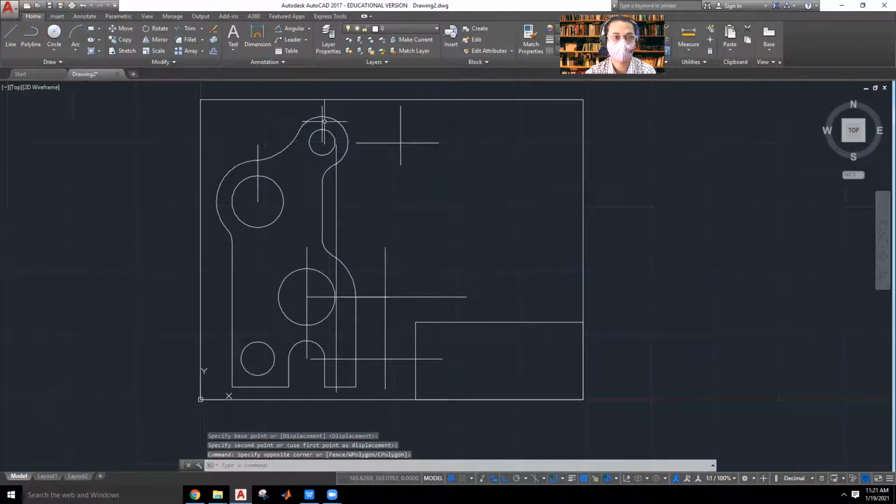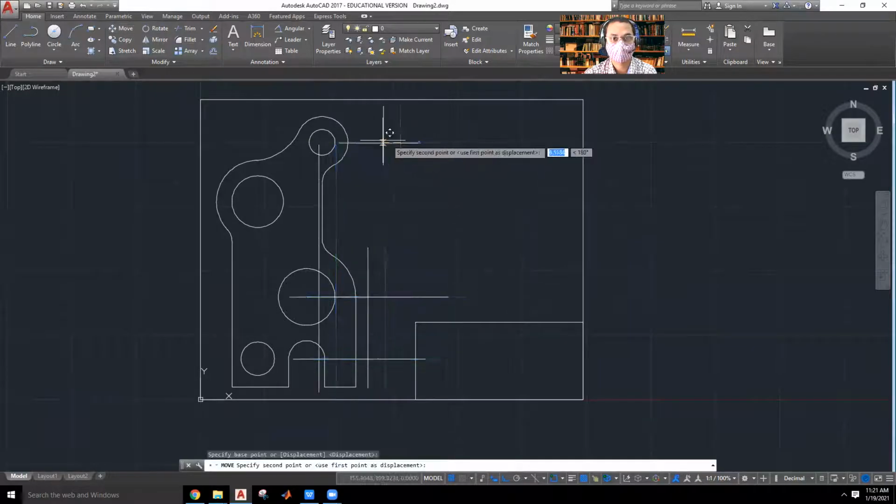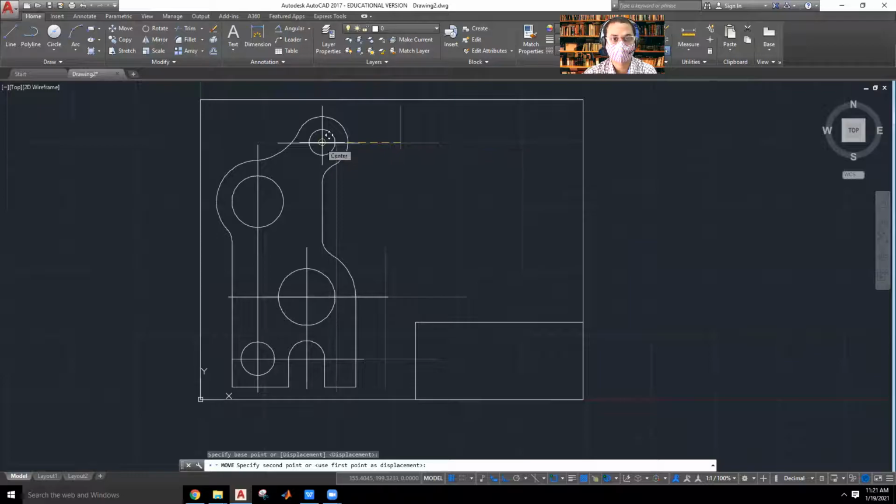So these unnecessary lines I will be deleting. So I'll click on erase and again I'll select these lines. I'll click on move command. One line I missed, that is this line. Okay, so all the lines have been generated and I'll select these lines.